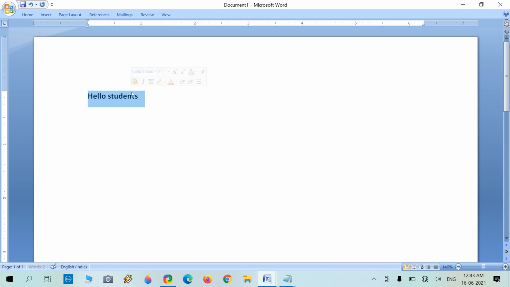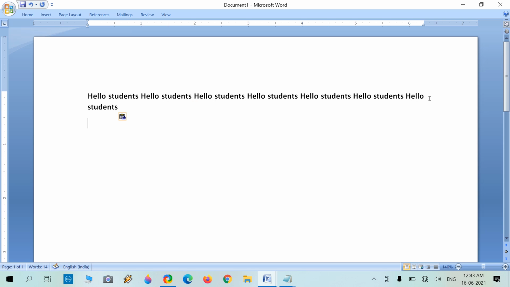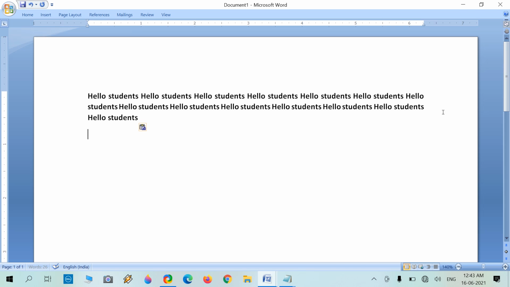Okay, now for this practical I am giving this copy paste to understand this. Multiple times we can use it. Now you can see the entire paragraph of 2 or 3 lines we have managed. I'm pressing here, Control V, and there is the hello and students.